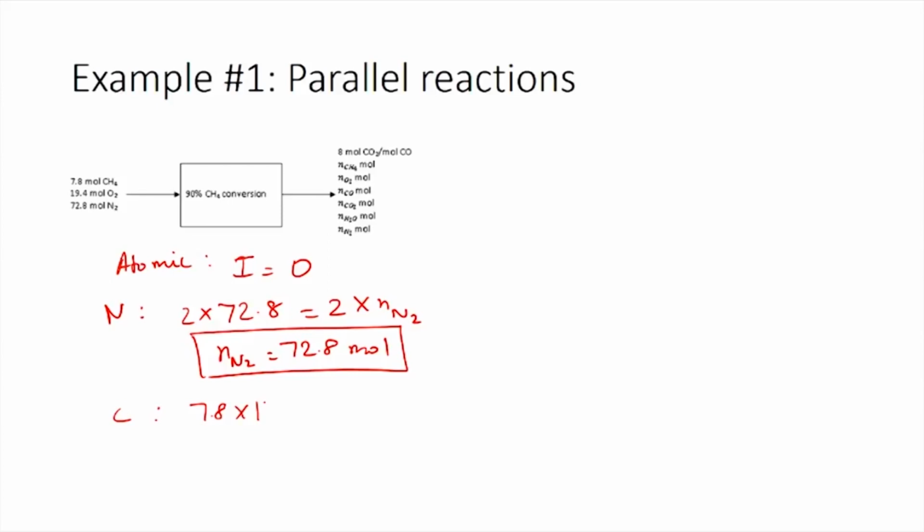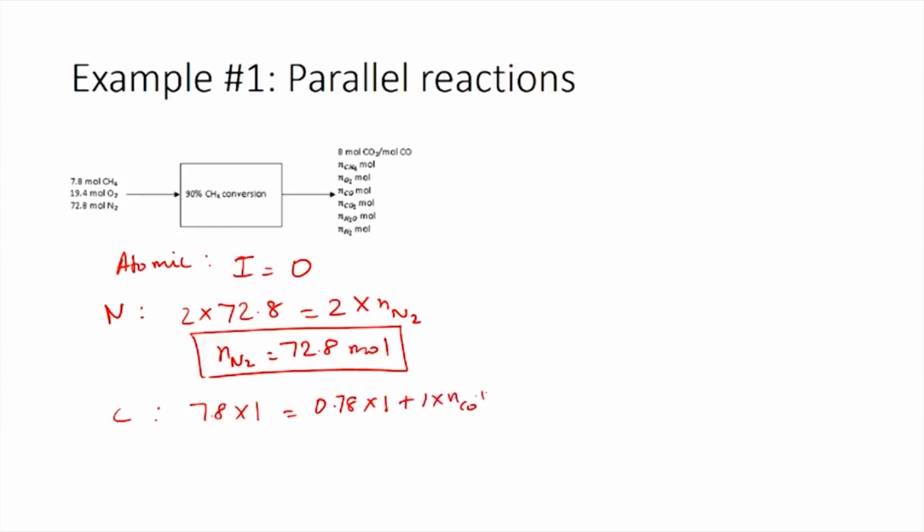So, 7.8 times 1 is equal to the number of atoms of carbon leaving the system, which would be 0.78 times 1 in the form of methane. We know this because we have 90% conversion of methane. So, thereby only 0.78 moles of methane is leaving the system,